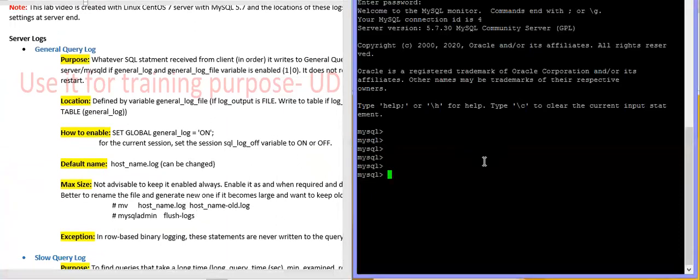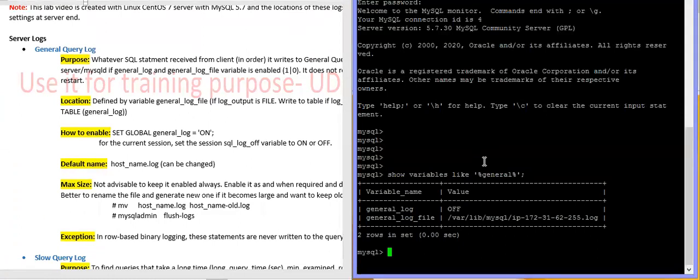So how can you see the general log settings? Just type show variables like general. See it carefully, and you can do it very simply at your end. See, your general query log is off. This is the location of the file, and this is the hostname .log.